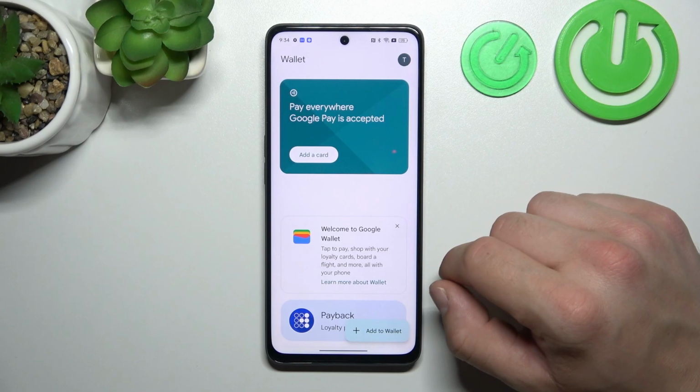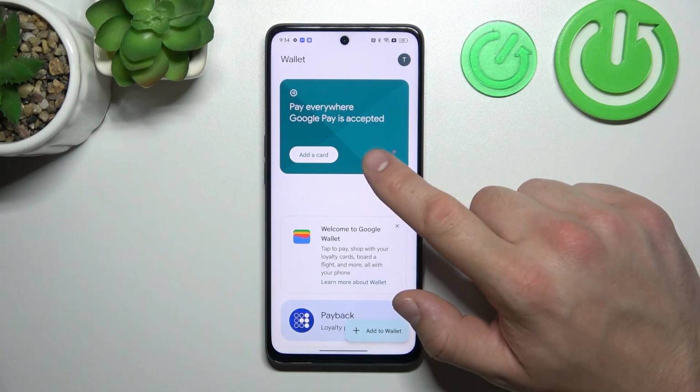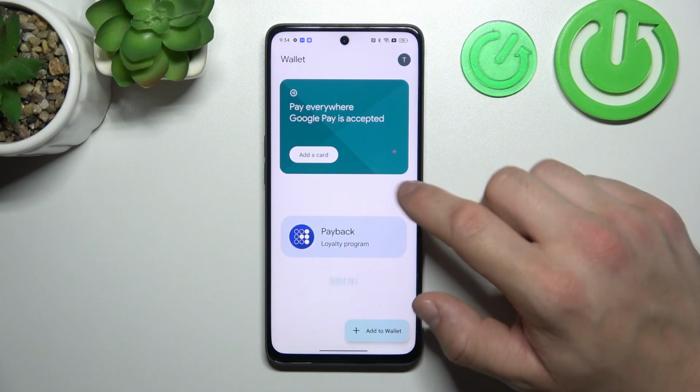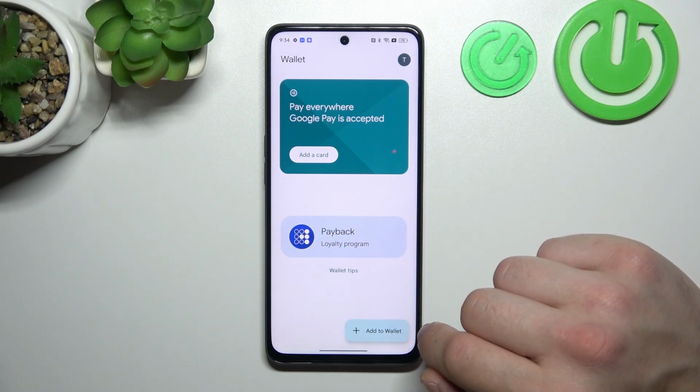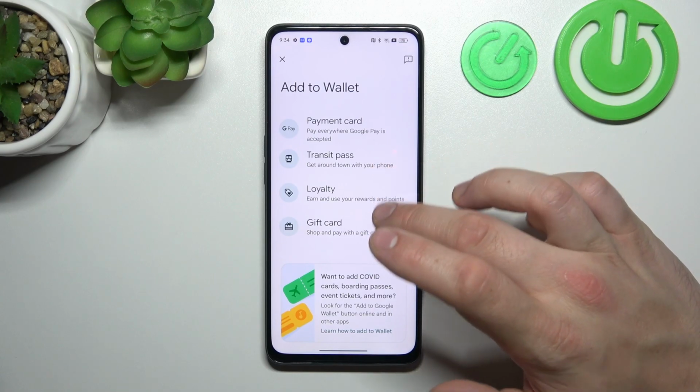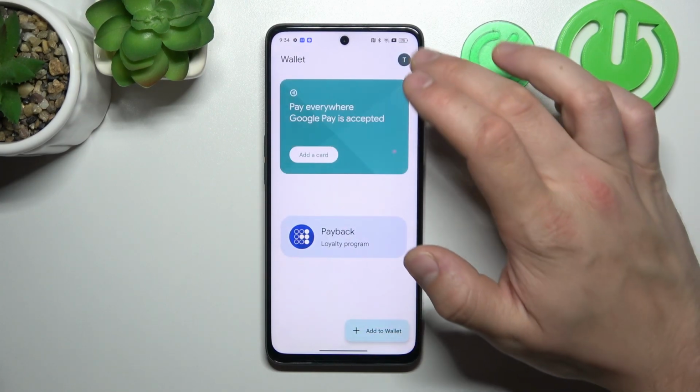and as you can see from the homepage of this app, you can add new payment cards to your account, check quick tips, and manage your passes. Also, you can add new passes like Transit Pass, Loyalty and Gift Card. If you go to Menu,